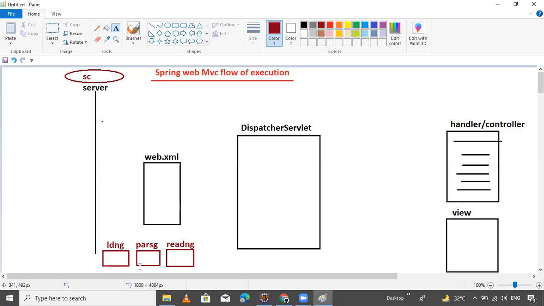First, it will load, parse, and read. While parsing, which means reading the data, the container will recognize one thing inside the web.xml file.